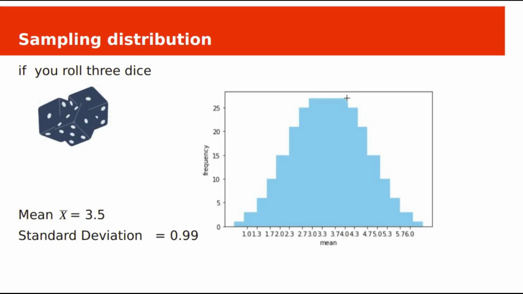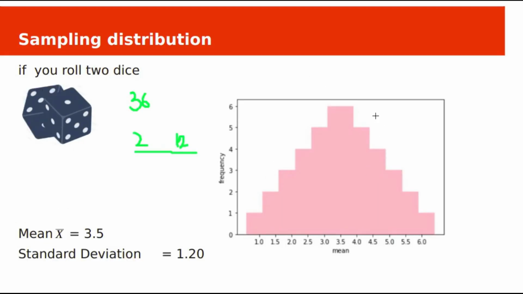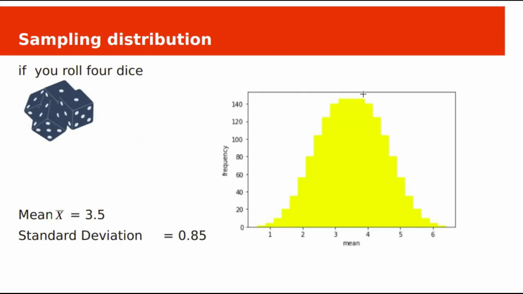If you roll 3 dice, there are 216 different permutations. The probability distribution for the 3 dice average is shown here. The average of 3 dice has greater concentration of probability in the center of the graph than the average of 2 dice. Here in the center you have more values compared with 2 dice. If you roll 4 dice, there is even more concentration around the center of the graph, and at the edges it is very little.